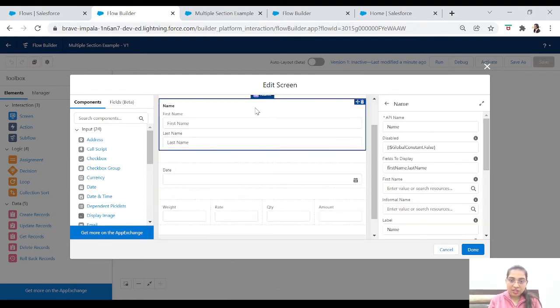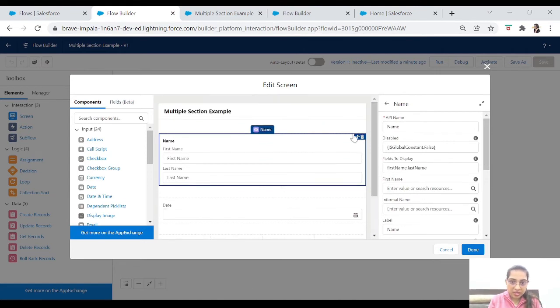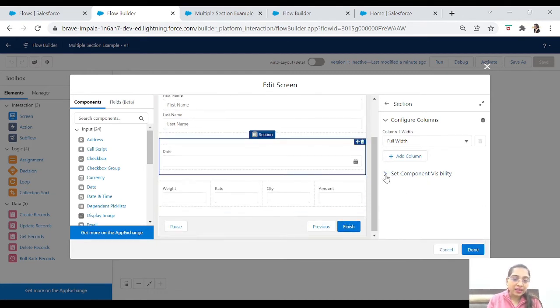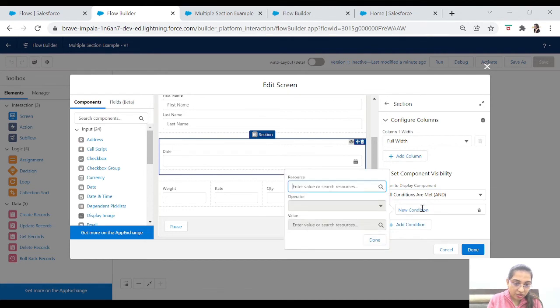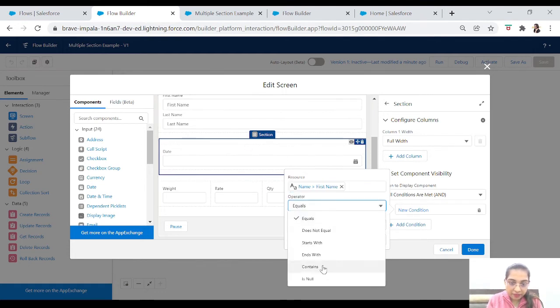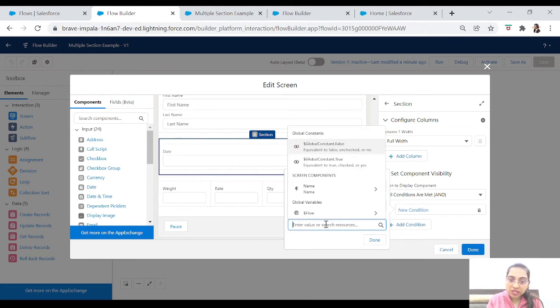On this section, when you click, you can see set component visibility, and it is set to always. We wanted to show it always, so let's set its visibility. Let's add a condition, all conditions, new condition. In the new condition, we will check name dot first name is blank false.